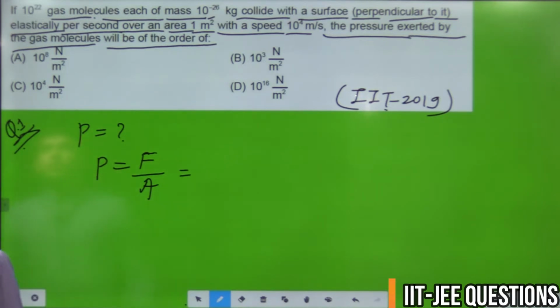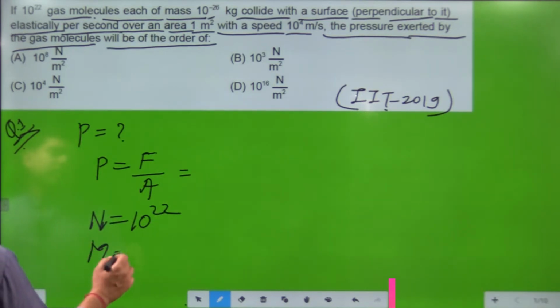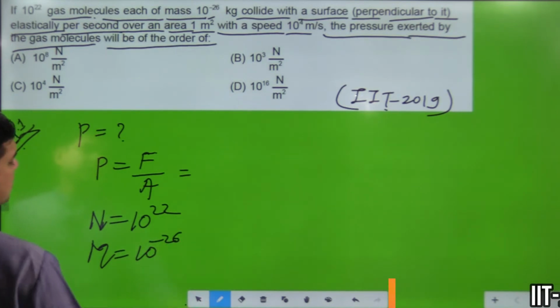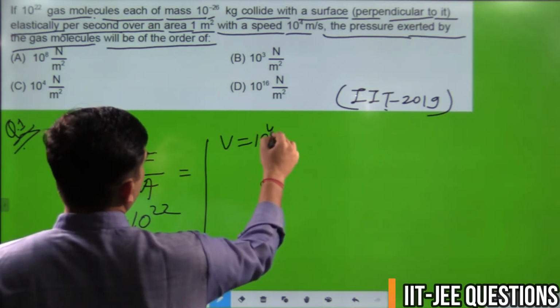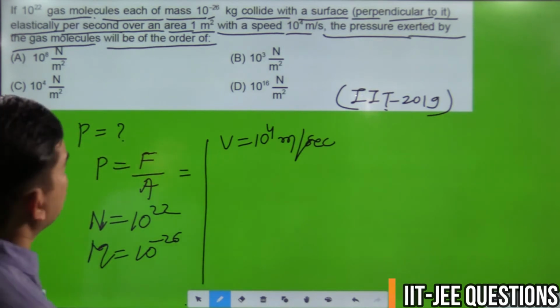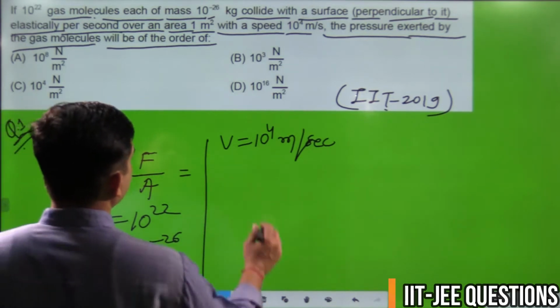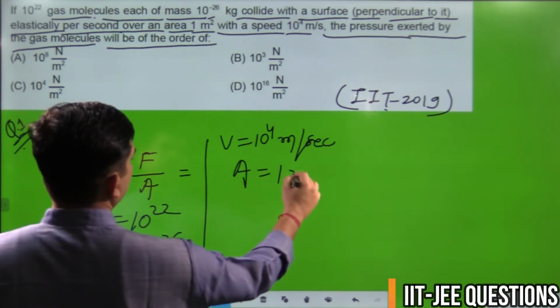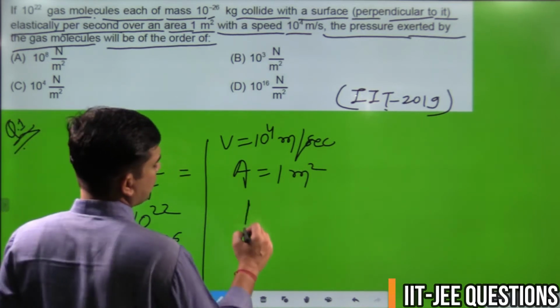The given quantity in the question is 10 to the power 22, means N, M 10 to the power minus 26, velocity 10 to the power 4 meter per second, the pressure exerted by the gas molecule, and the area is 1 meter square. Then we can easily find by using a formula P equal to